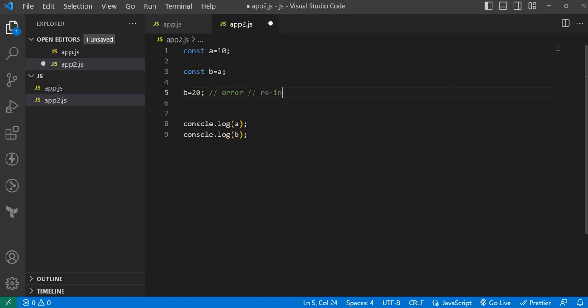What I'm saying is, if you do b is equal to 20, where let would allow you to change the value, here b is equal to 20 is a reinitialization, and yes, it will throw an error. So observe carefully. This is something very interesting. But whenever we do